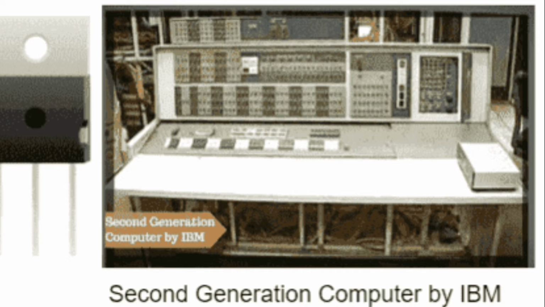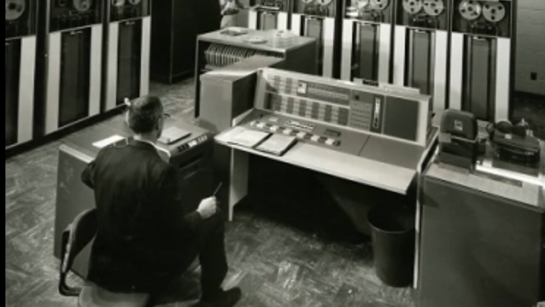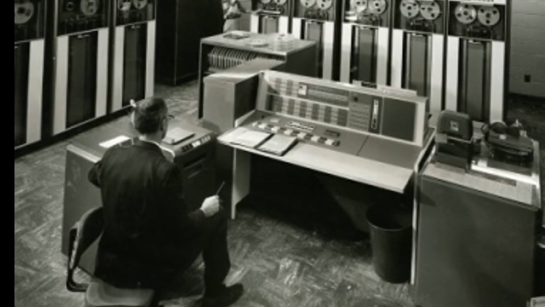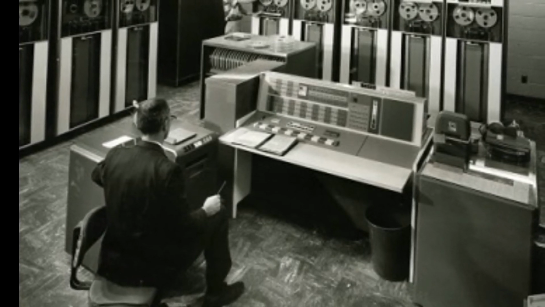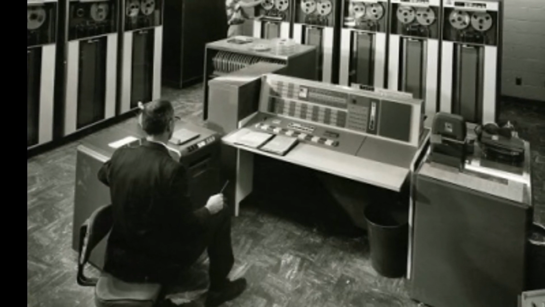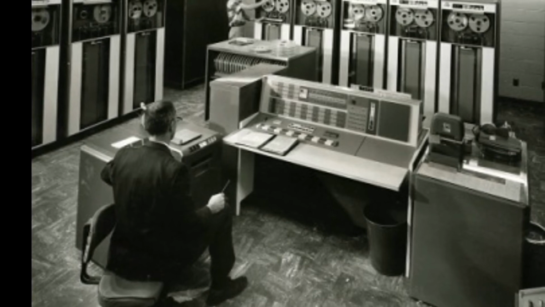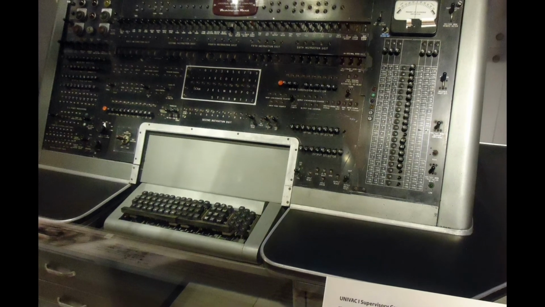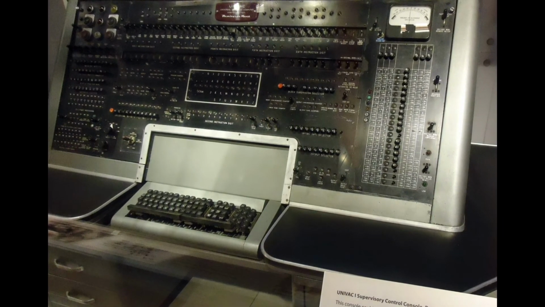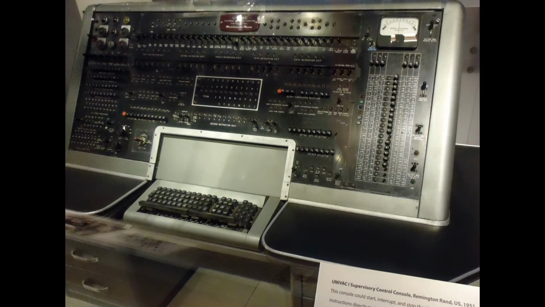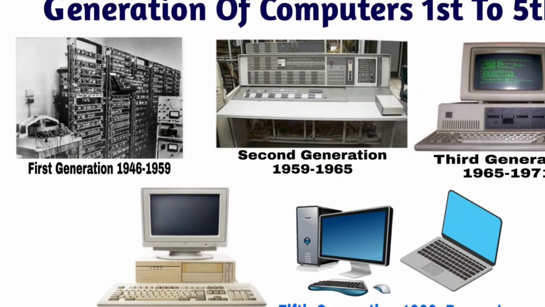These were also the first computers that stored their instructions in their memory, which moved from a magnetic drum to magnetic core technology. During the second generation, many high-level programming languages were introduced, including Fortran, 1956, Algol, 1958, and COBOL, 1959. Examples: PDP-8, IBM 1400 series,